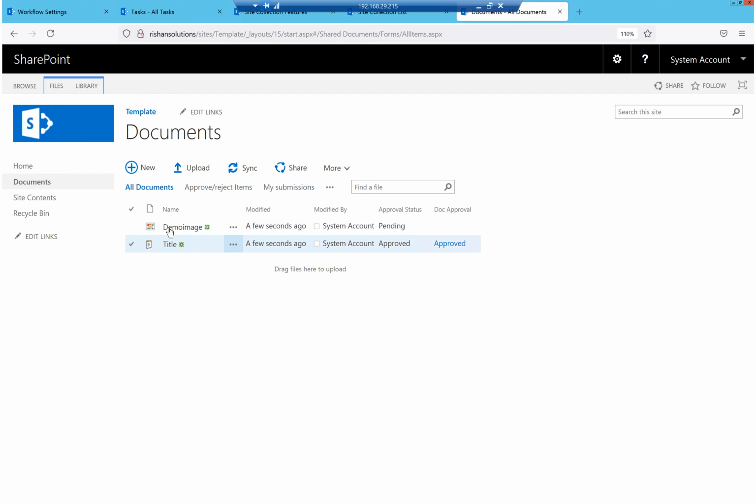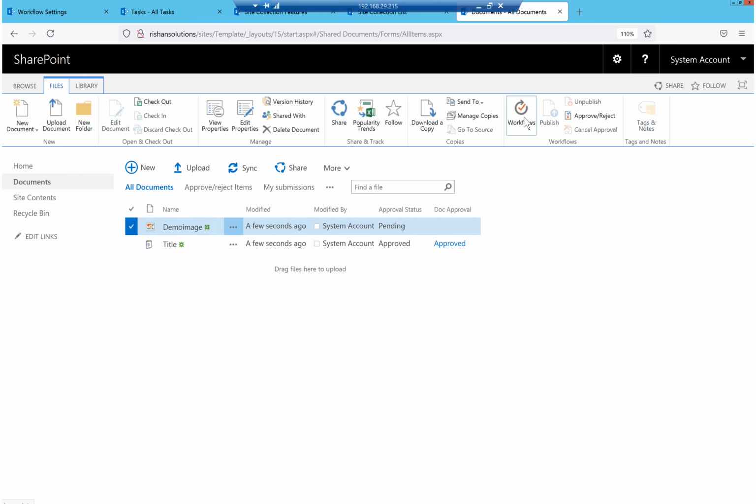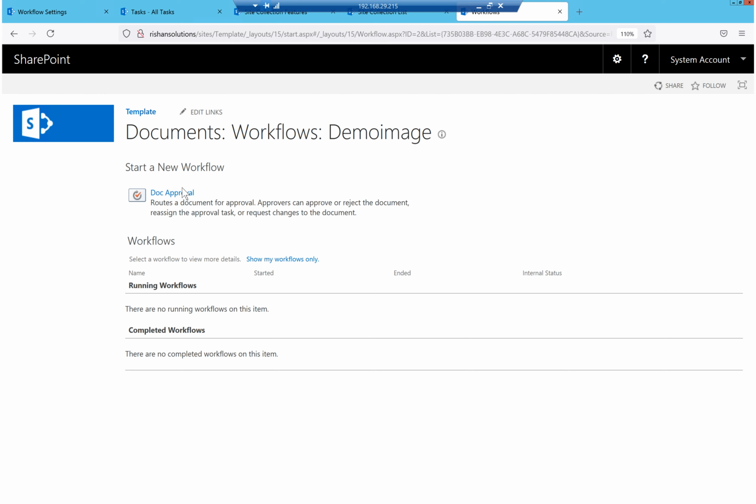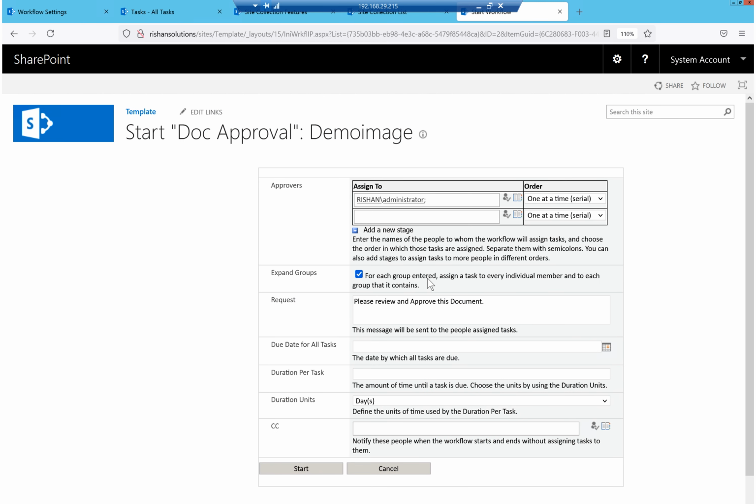Now see the approval status is pending. Select this one, go to file, click on workflows, start this manually. Click on start.